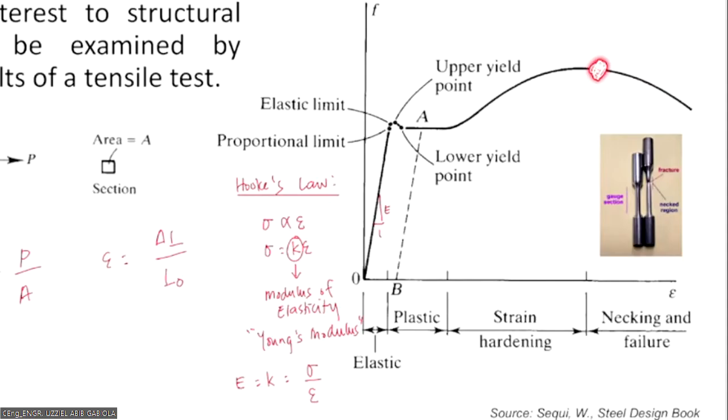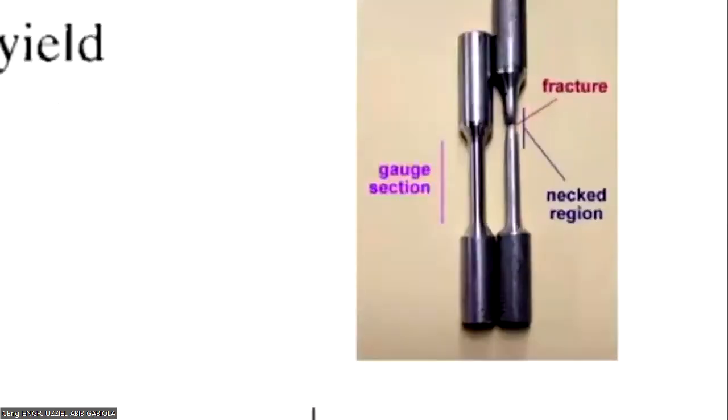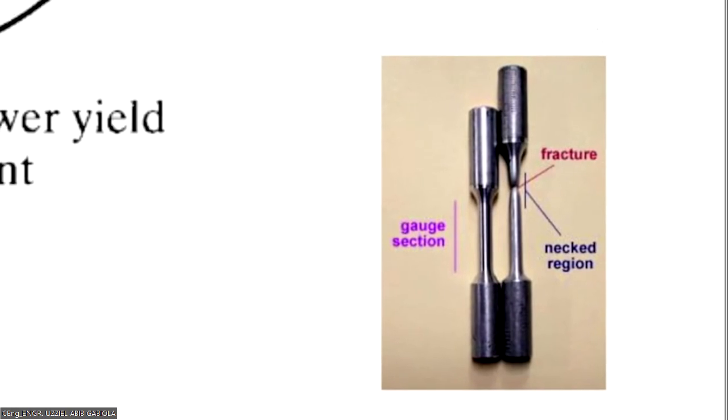Then eventually, when our material is at plateau na, no? So, meaning nasa highest portion na siya, it will now lessen its value, then eventually mag-break na siya dito. So, it exhibits what we call necking. Okay? So, as you can see dito sa ano natin, when our material is being pulled by the machine, or tensile forces are applied,